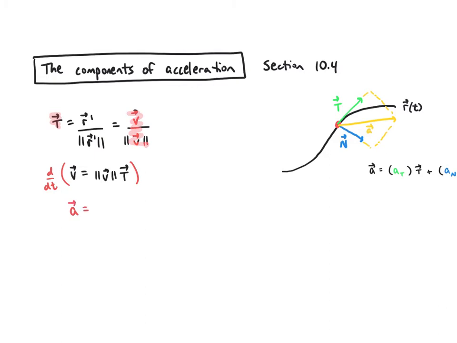And then by the product rule, I get the derivative of the magnitude. Now that in and of itself is an interesting statement, because this is not the magnitude of v prime. It's the derivative of the magnitude. So